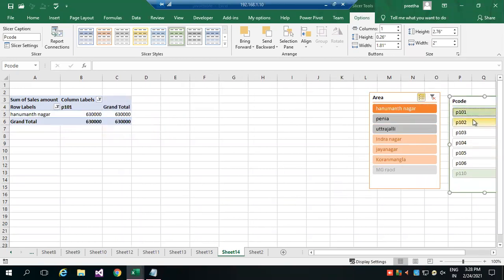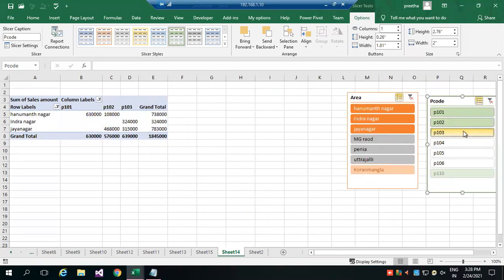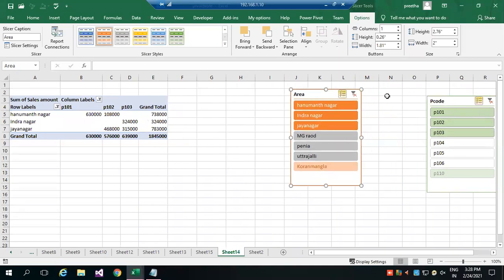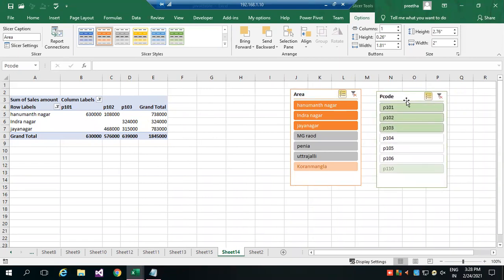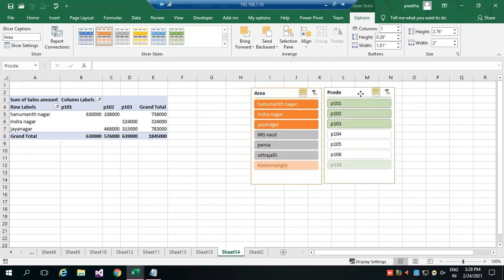So I want only for 101, 213. So how I'm showing for the user when we are doing comparison, suppose your retailer for product 101, I wanted to show only for 101, and in your area what are the other products your other marketers are selling, that comparison I can show. So this is the purpose of slicer.